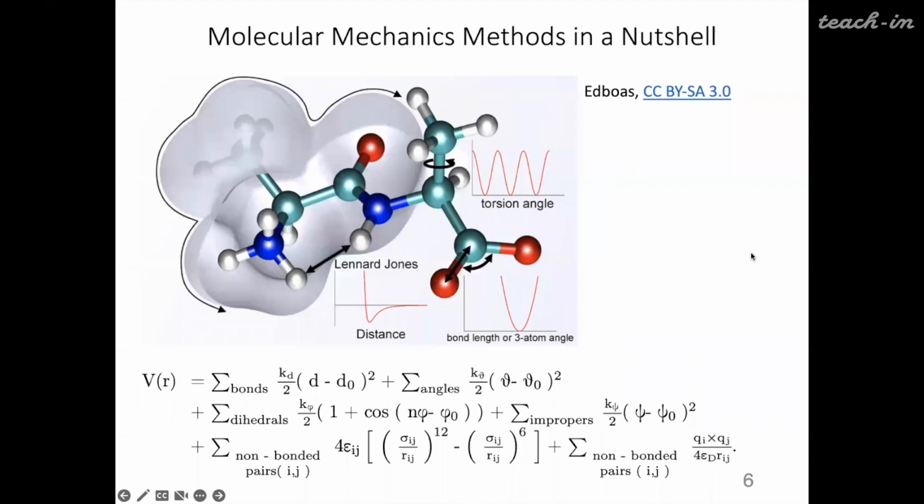So molecular mechanics force fields also include terms for dihedral angles. They also can include some additional terms like improper angles, and all these terms are related to covalent interactions between atoms. And in particular, they are related to intramolecular interactions as opposed to